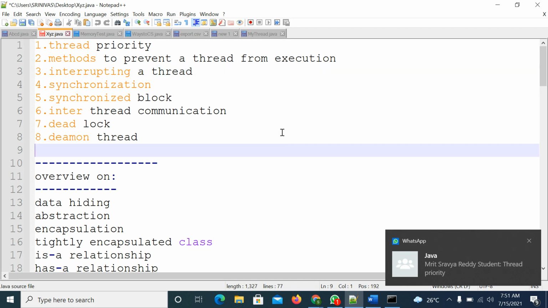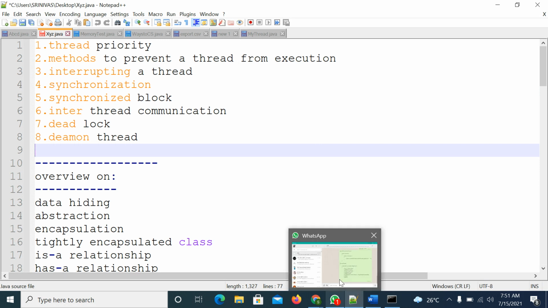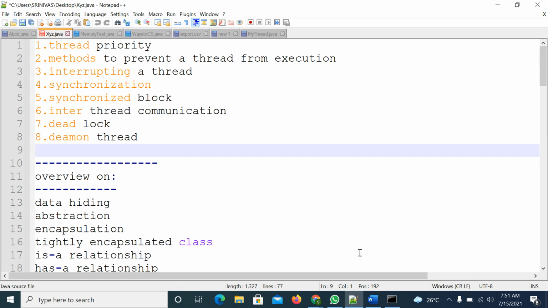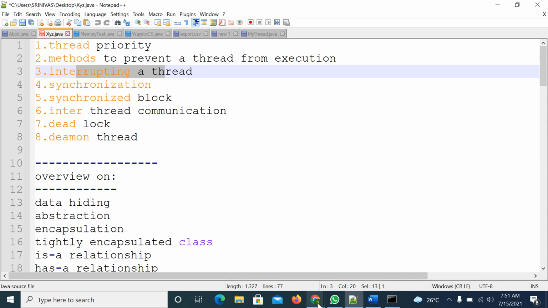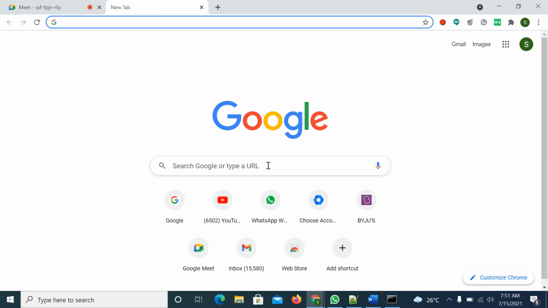Thread priority. Yeah. Check on thread priority. No sir, that was typed as the thread priority example. Okay, right, no problem. Yeah. Right. That is not only an example for thread priority. You can use other examples, yesterday's class also, right?